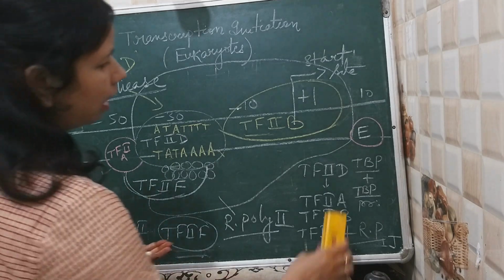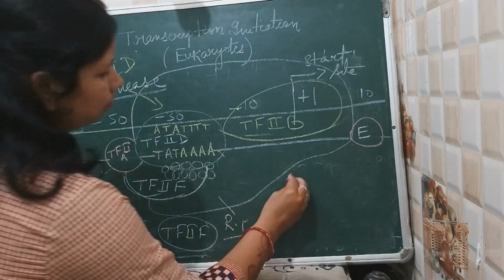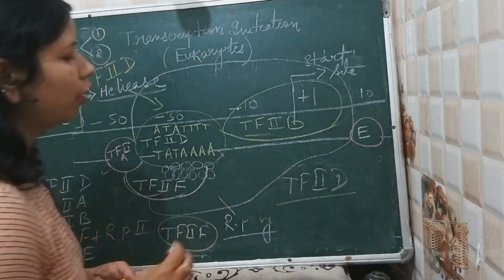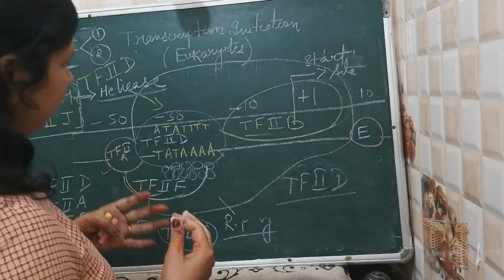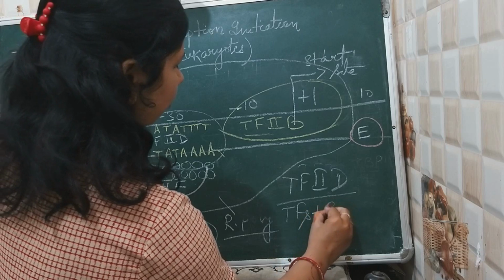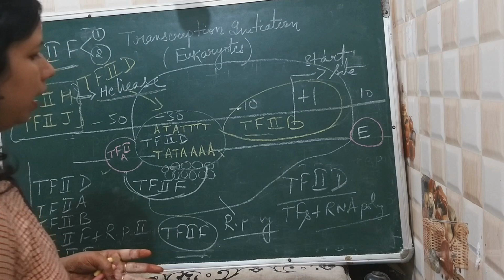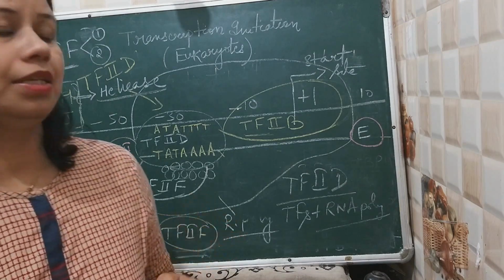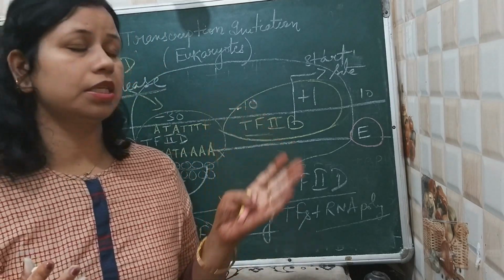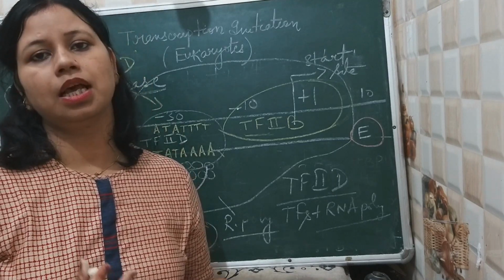We have seen how transcription factor 2D forms the assembly, and further transcription factors along with RNA polymerase interact with RNA polymerase and form the pre-initiation complex. The elongation and termination process I'll discuss in